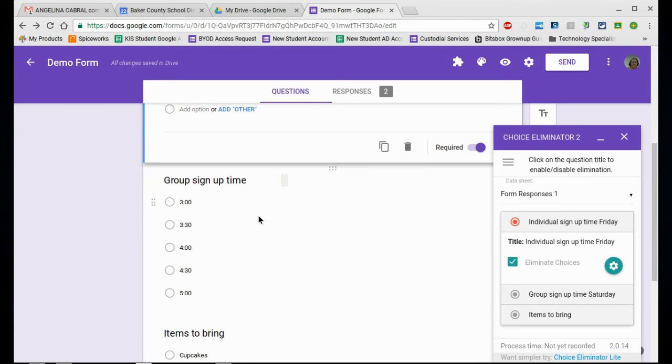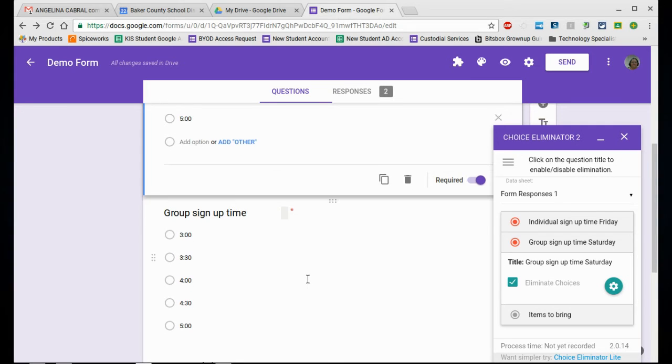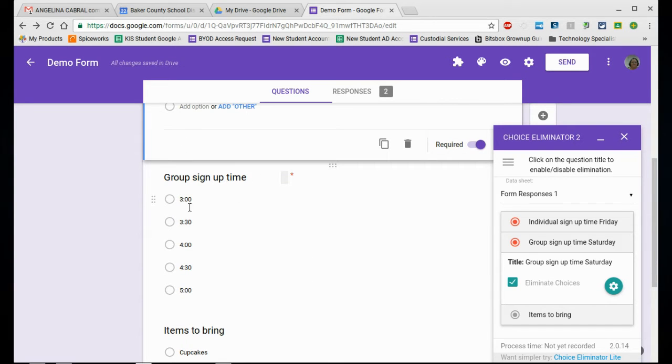Now, another way. Let's go to the group sign up time Friday. We click the button. We still have this here. We click that question and say yes, we want to eliminate choices. That's creating. Momentarily, okay, there we go, choice options. Now this is a group sign up time, so obviously you're going to have more than one person signing up for these groups, but you don't want over 10 per section. So the way you change this is you click on that choice options,